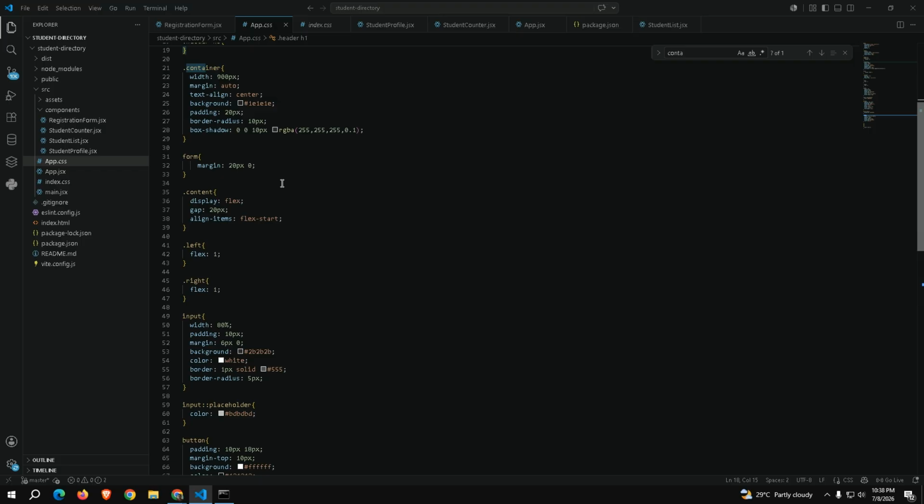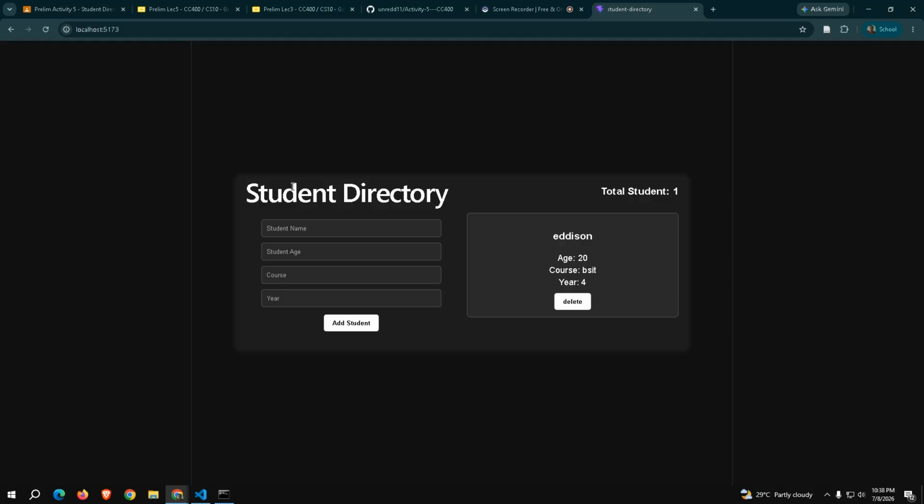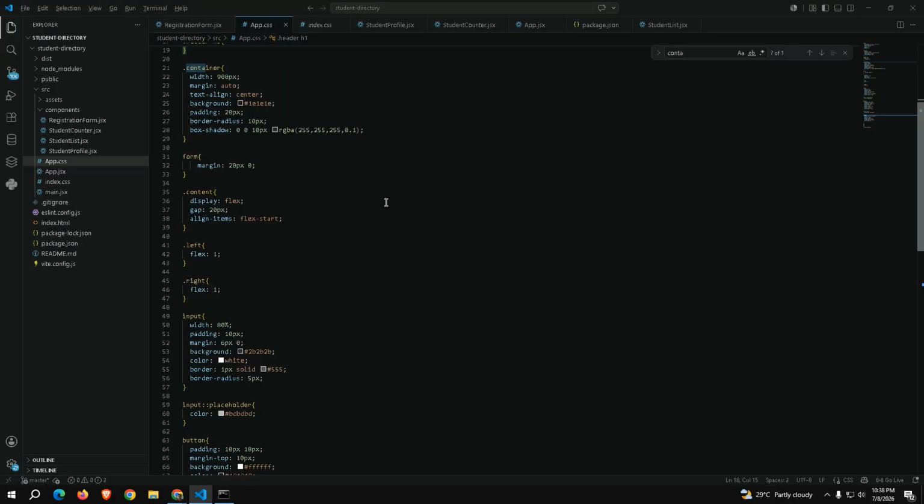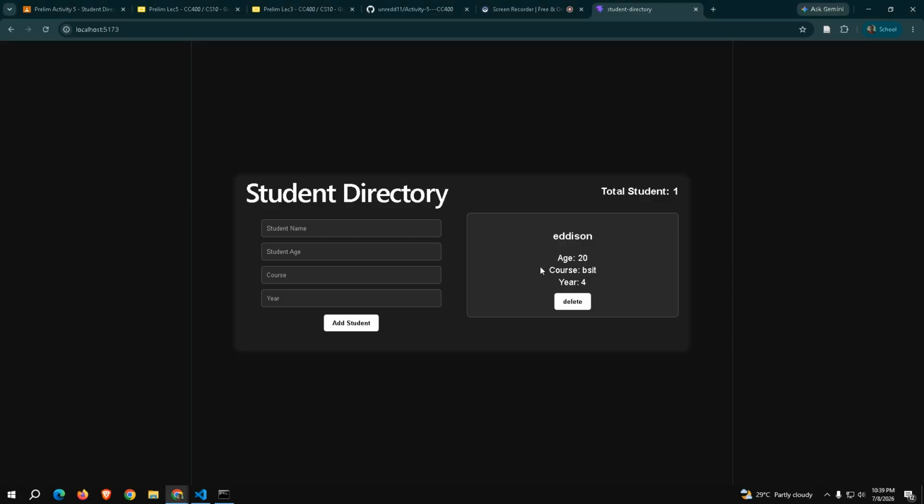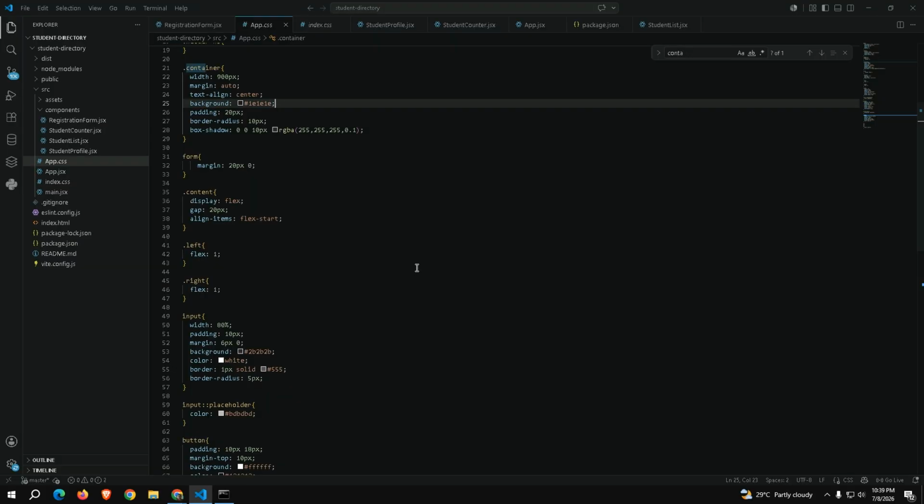For the container, we have 900px in order to combine the student input and the student output, the user's input and output. So we have max width 900px, margin auto, text align center, background as usual.